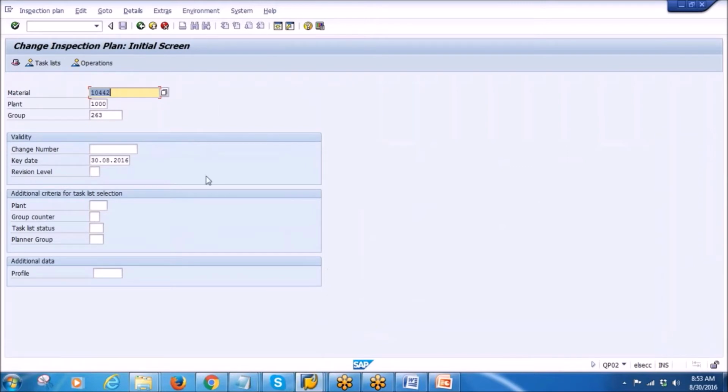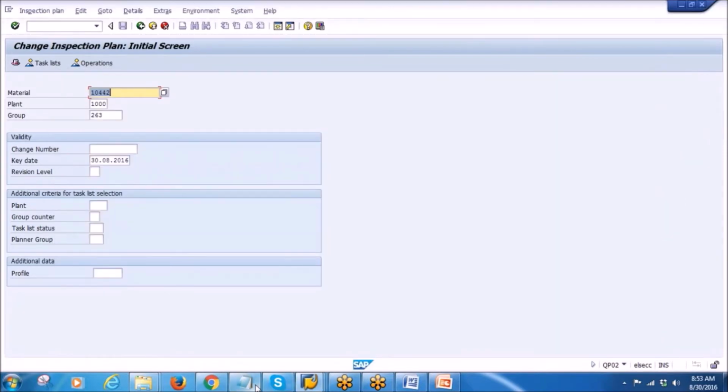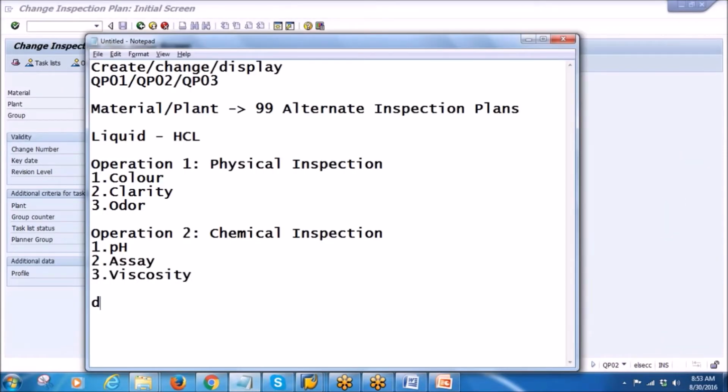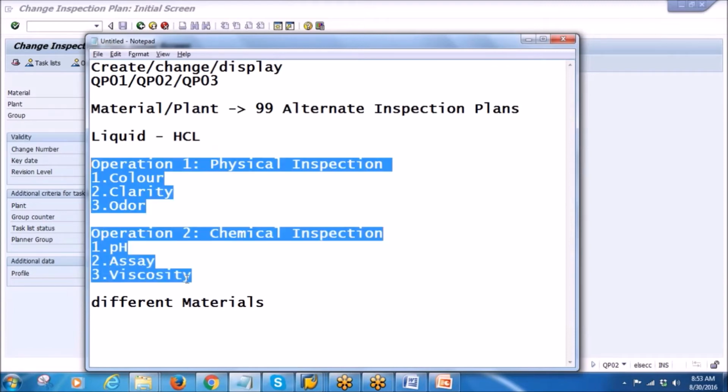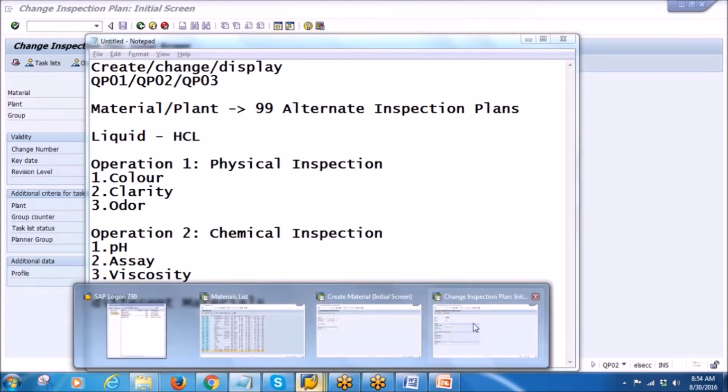Now in some industries, what happens is different materials use the same inspection plan, same method of inspection. Let's say you have two different materials, but their inspection method is same. So in those kinds of scenarios, instead of creating a new inspection plan for each material, you can assign the already existing inspection plan to the new or a different material. That is also material assignment, you can do. Okay, so what we can do is